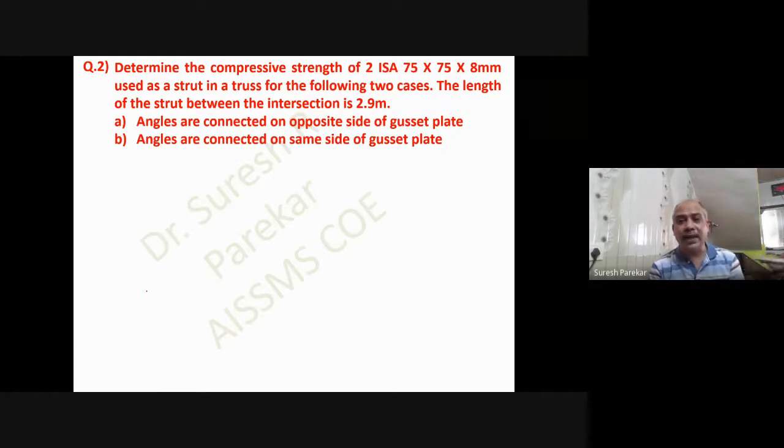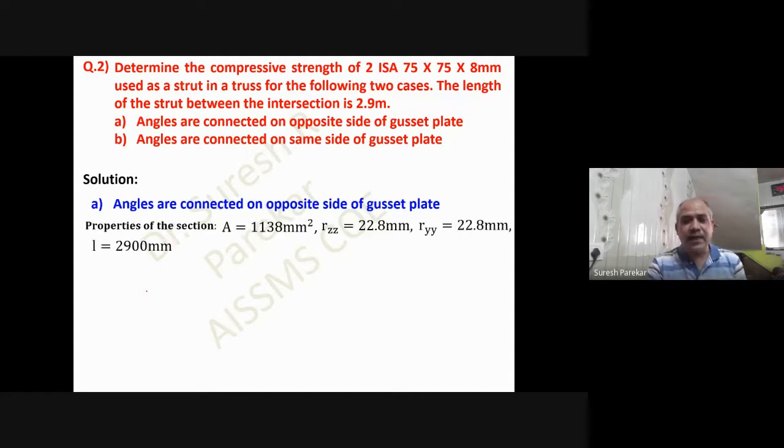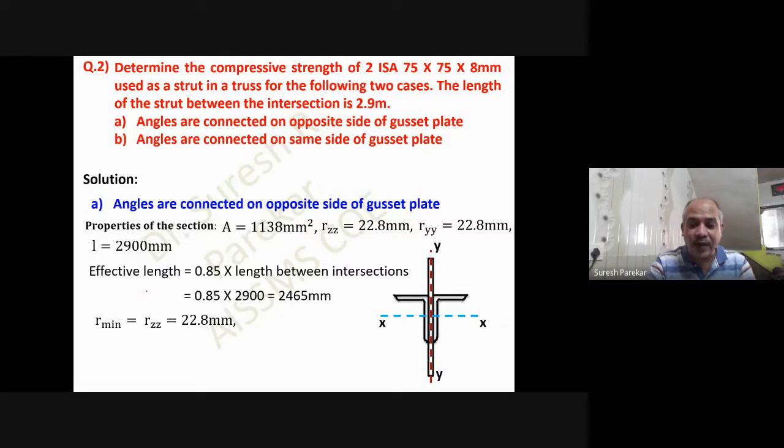Now we will go for the double angle section, and again here the first problem I have considered is on the opposite side of the gusset plate, and then second we have the same side of the gusset plate. Now on the opposite side of the gusset plate, we are going to be in this fashion. So 0.85 we have taken, that is partially fixed, and then r minimum we have rzz. You can see this is on the opposite side of the gusset plate. We have yy of the whole section over here. If we go for yy of the individual section, then my yy of the individual section will be somewhere here, for this angle, and then we have to find ryy for the whole.